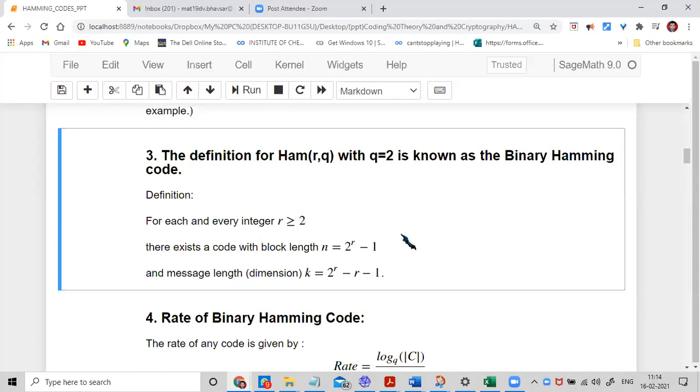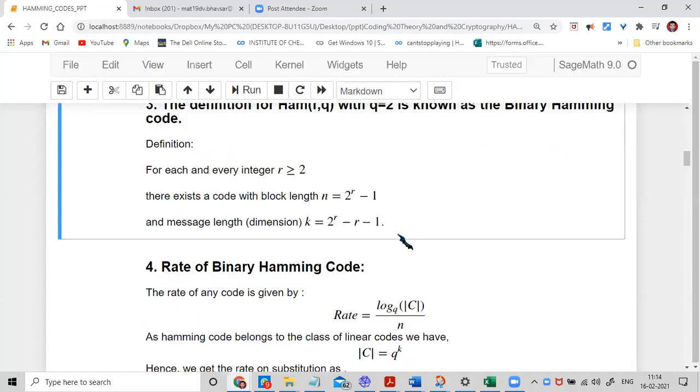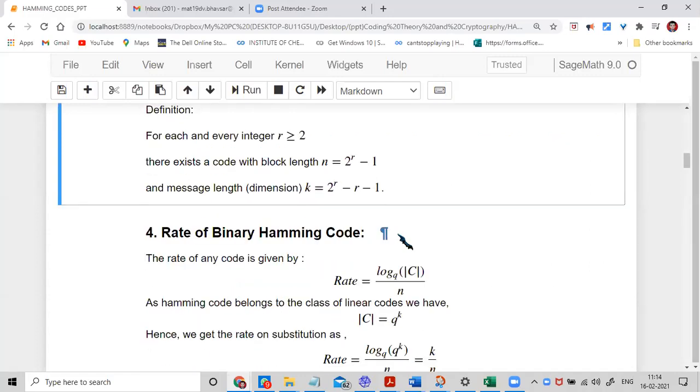It reduces our work to just mention all the things. So we can just say r and q are there and we can vary their values. Is it okay, Rohan? Yes, sir. So it is useful for writing code and programming. So n is a function of r, k is a function of r, and d is fixed, d equal to 3. So that much we can say at this juncture.